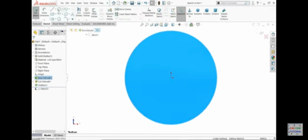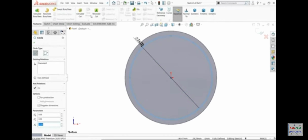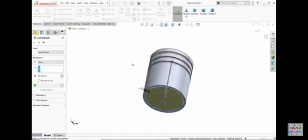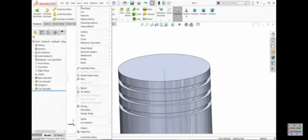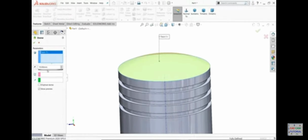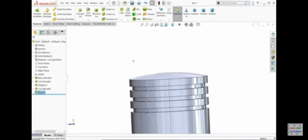now inside there is a hole, and the hole diameter is 76. Extruded cut, and this cut goes inside up to 85 millimeter. I'll show you in dimension. Now let's make the dome shape here. So go to insert feature, and here you will find the option dome. I'll select this face. Now here I'll make the distance 5 millimeter. You will see the preview. Look,